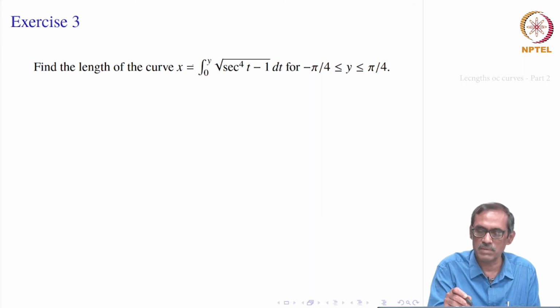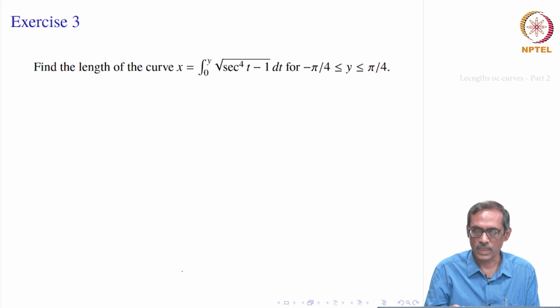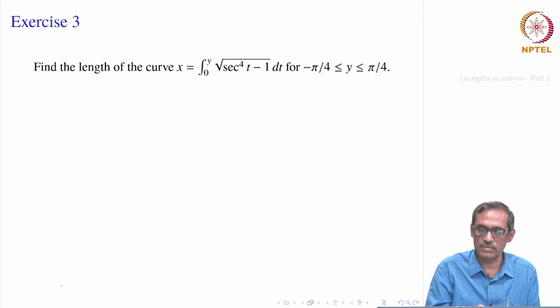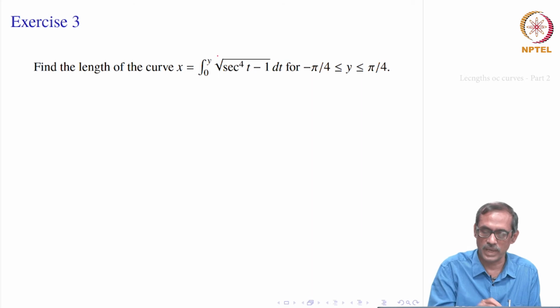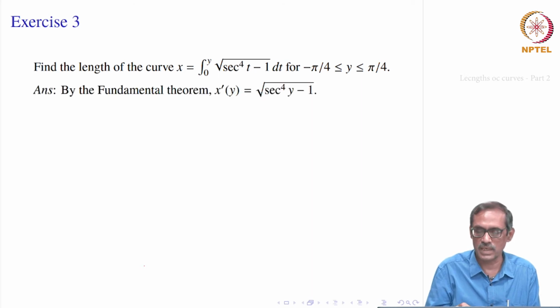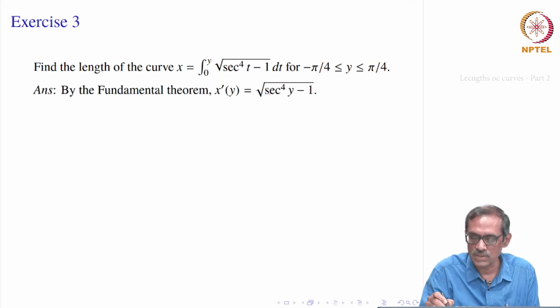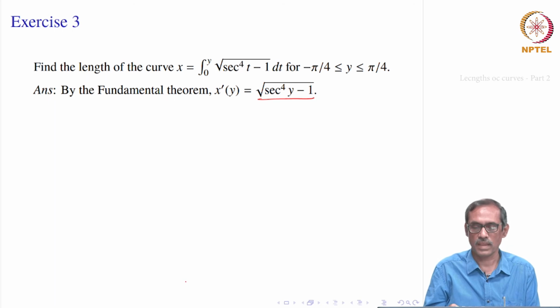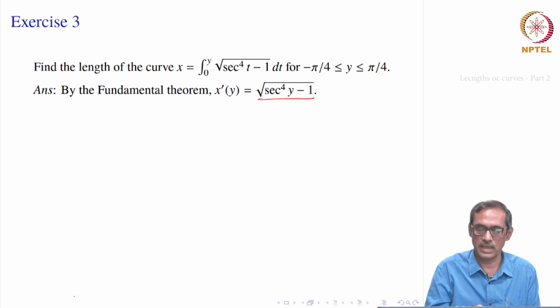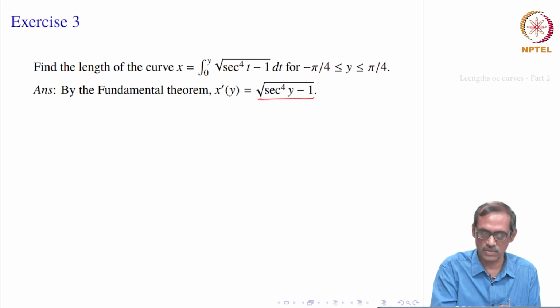So, anyway we need x as a function of y. So, we need the derivative of x with respect to y. Now, you can use the fundamental theorem of calculus to get the derivative of this integral, right. So, it is the integral 0 to y. So, its derivative is quite straightforward. We get its derivative as the integrand, which is secant 4th y minus 1, instead of t we have y, right, and that is what we needed, x prime of y, not exactly what x is.